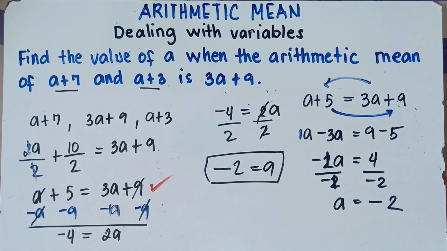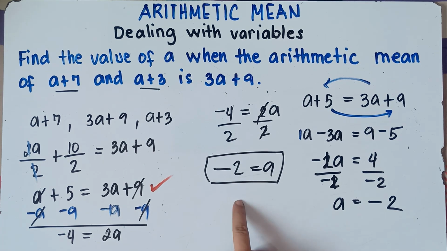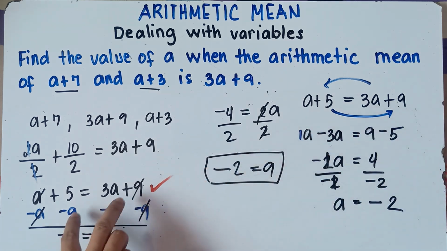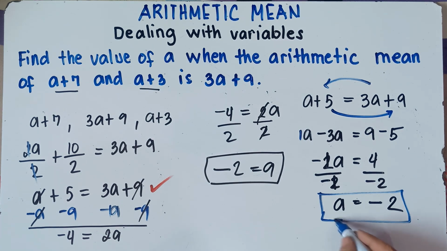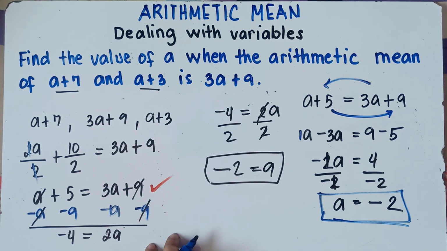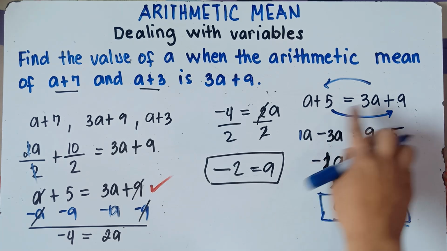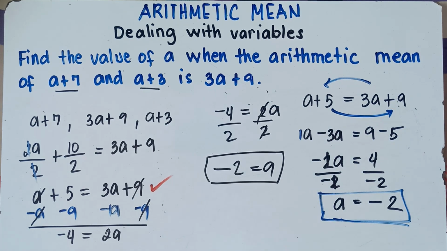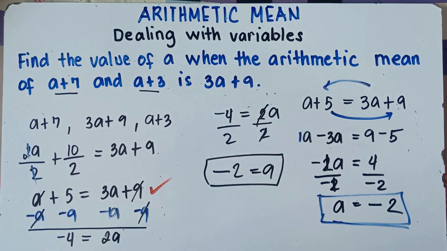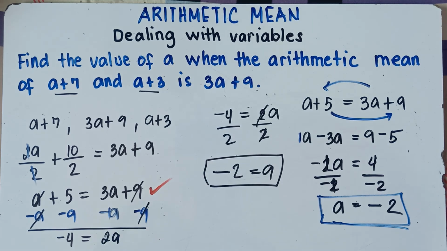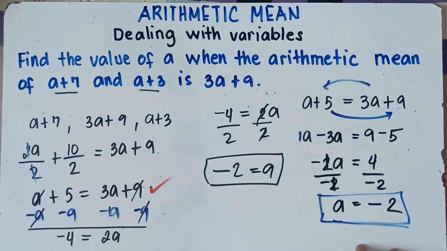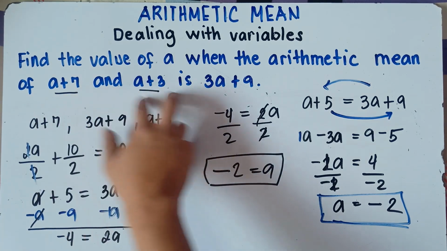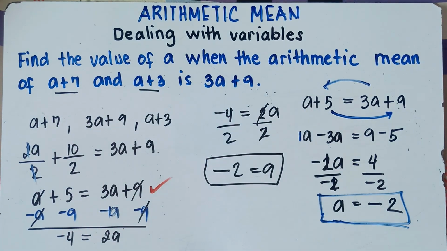So it's up to you, class. Which do you prefer? You can have this solution, or you can have this one. But once again, class, most of the students are so confused with this properties of equality. So you can have the solution, class, by simply transposing those variables and numbers. Alright, so that's the first solution, class, in finding A. So our A is negative 2. Then later on, class, we will check our answer, substituting the value of A in this given equation, and what would be these following numbers.